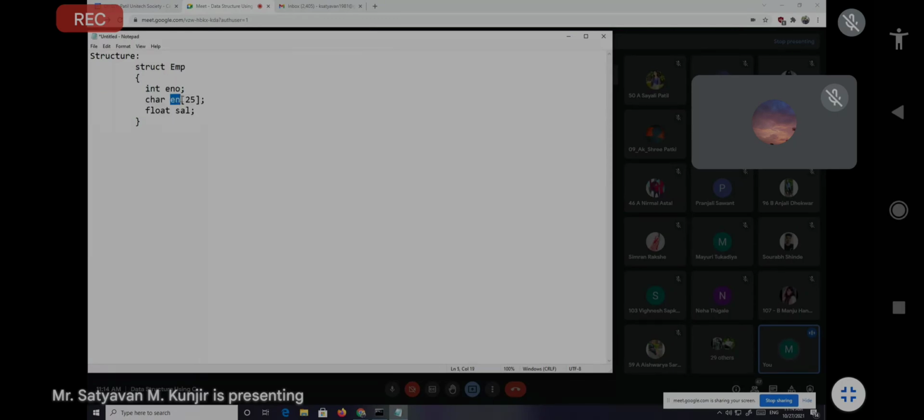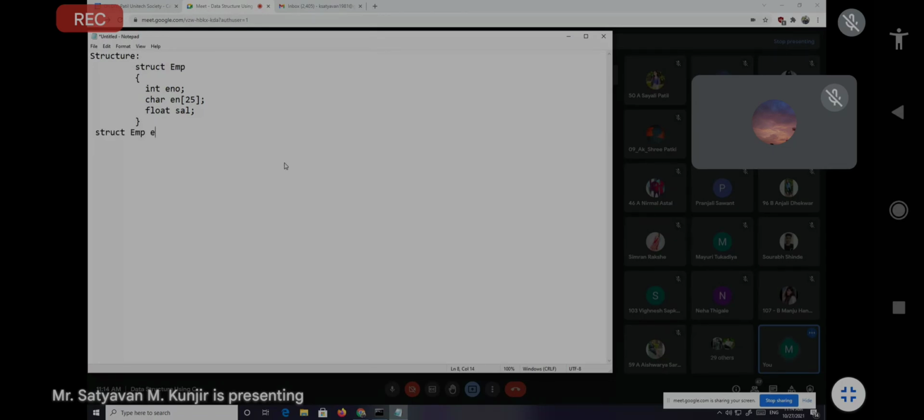Actually, these are the variables, but we have declared them in a structure EMP, so they are called members of structure EMP. उनको हमने स्ट्रक्चर में डिक्लेयर किया है, तो वो स्ट्रक्चर के क्या हो गए? मेंबर्स.